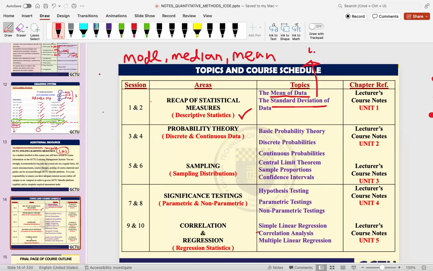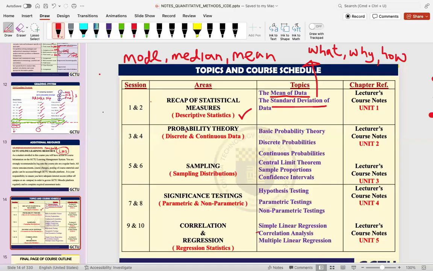We are going to look at the what, the why, and the how of doing the mean of data and the standard deviation of data. So once we have that foundation, which hopefully we will finish today, it will give us the encouragement to move on to